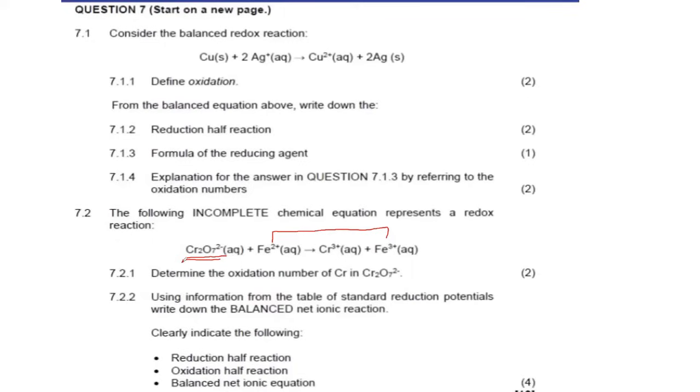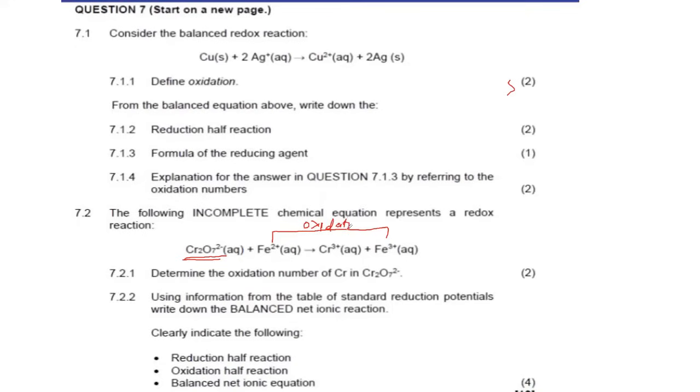But with this one, it is pretty hard to read. So let's check the one that is clear to read. Fe2 plus and then Fe3 plus, we can see there's an increase in oxidation number from 2 plus to 3 plus. That's an increase in oxidation number. So it's definitely undergoing